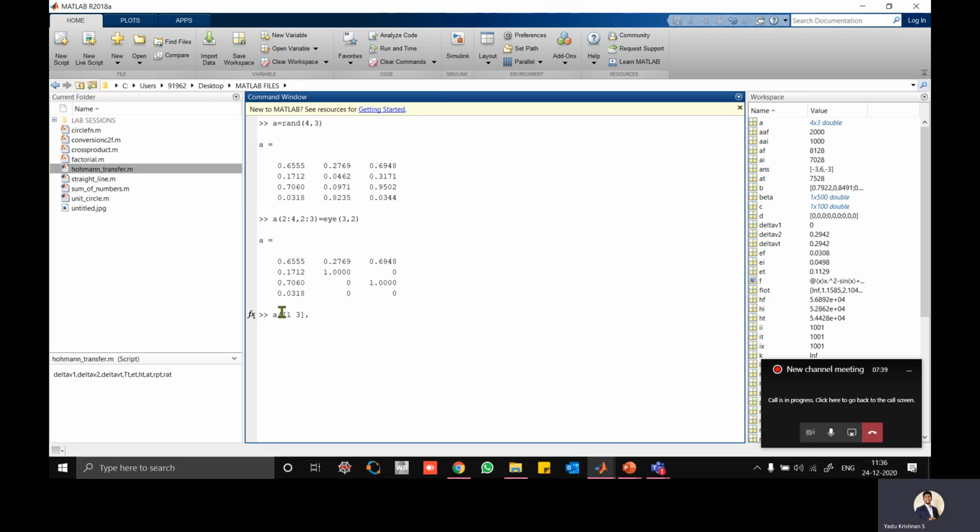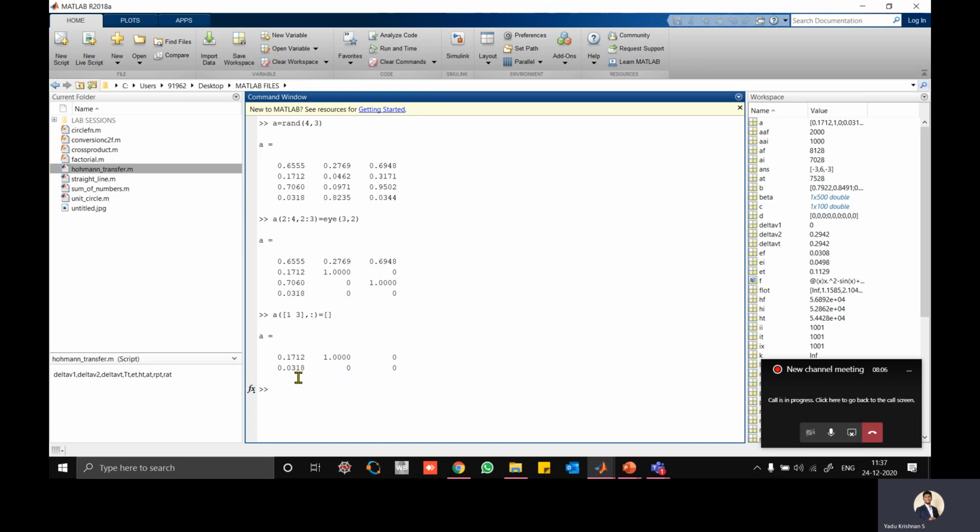So when you want to delete it, 1, 3 has to be written like that. So that means the first row and the third row I have to delete, and the full column I can put. Has to be deleted. So deleted means you have to just put the square bracket without doing anything.